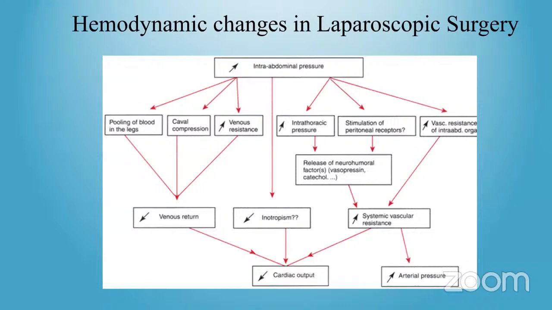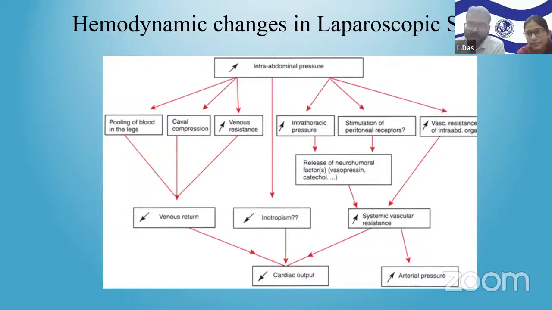One thing you have said, that there may be some kind of arrhythmias or hemodynamic fluctuations which may happen due to creation of pneumoperitoneum. Can you tell me something about that? Sir, arrhythmias are usually observed at the beginning of creation of pneumoperitoneum. The cause of the arrhythmias is the reflex vagal stimulation. Previously, it was said that carbon dioxide is a cause of these arrhythmias, but it has been established that it is a reflex vagal stimulation that is responsible.